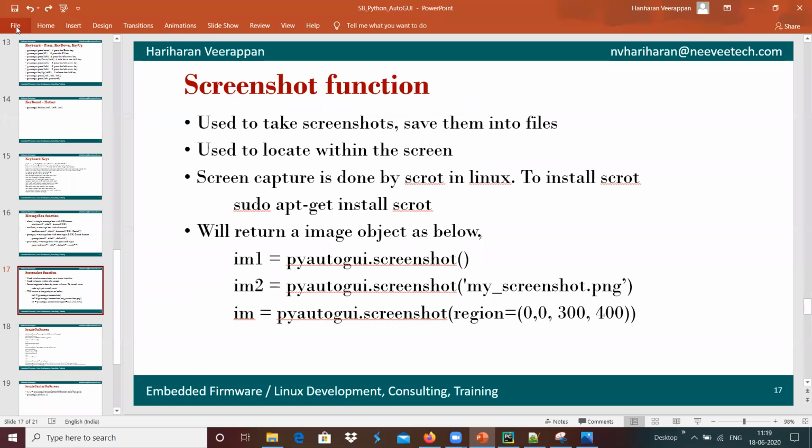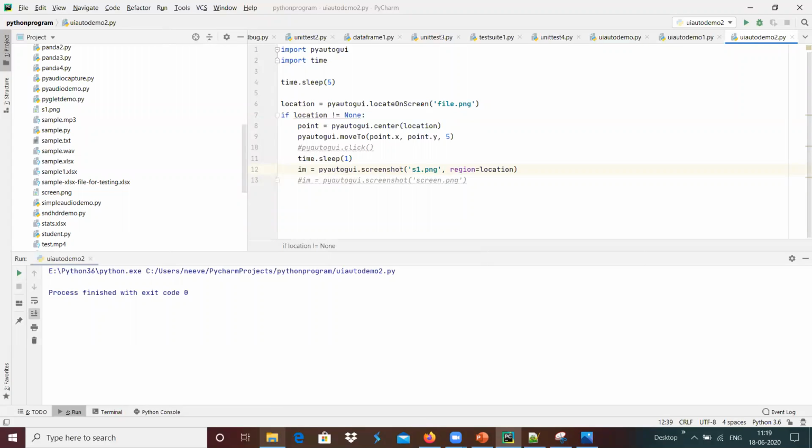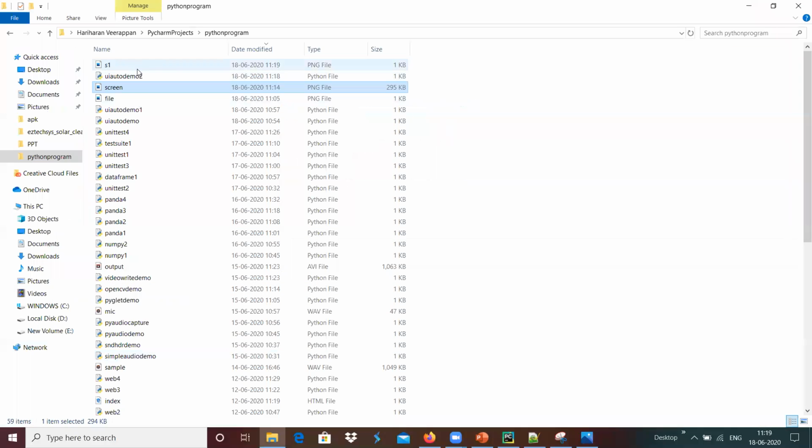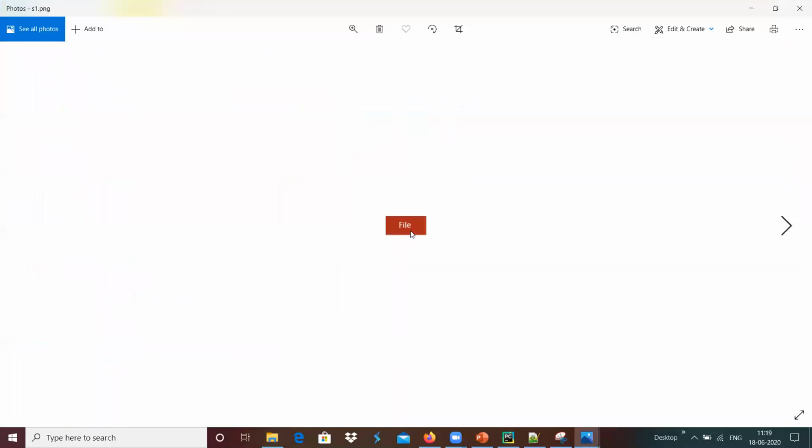This created the screenshot. s1.png should be present when we are taking s1.png. We got this output, and we can compare our screen, our expected result, with this. We can do the complete test automation accordingly over here.